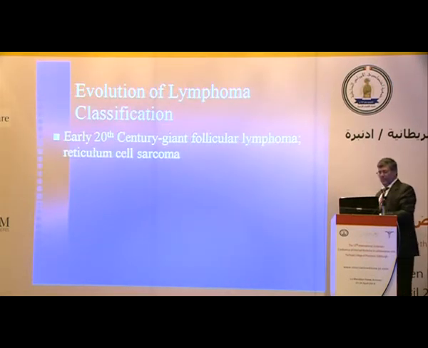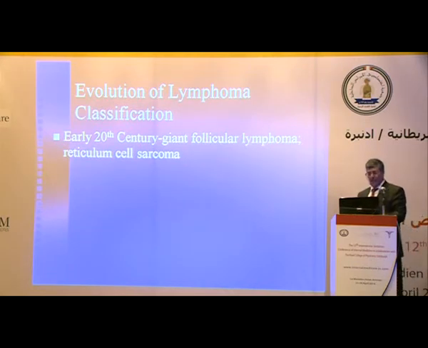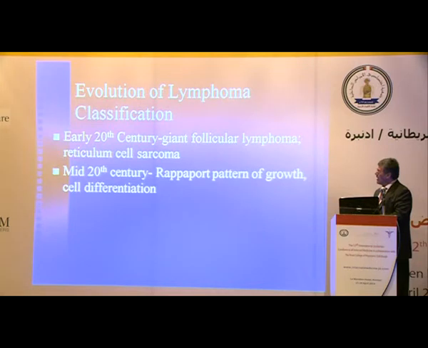So, what about the evolution of lymphoma? As a medical oncologist, in our teaching in the first half of the 20th century, those classifications were based only on the histopathology of the tumor. Sometimes, every now and then, we still hear about what's called reticular cell sarcoma. And in the mid-20th century, particularly in 1960, Rappaport in Chicago classified lymphoma according to the pattern of growth of the lymphocyte as well as cell differentiation.